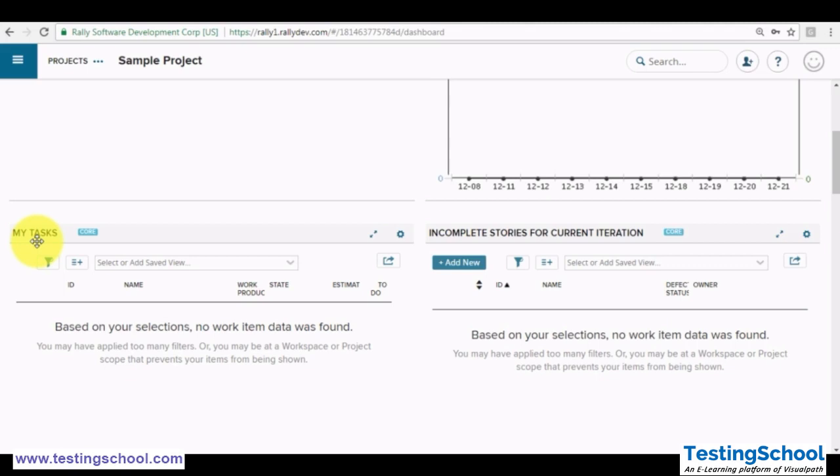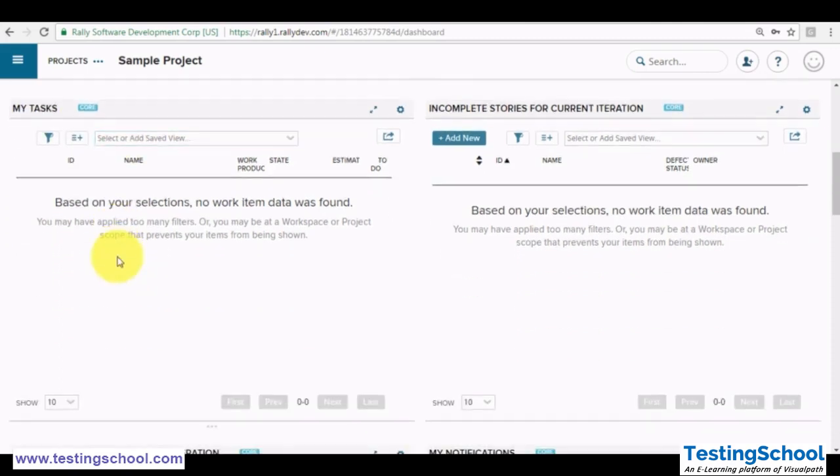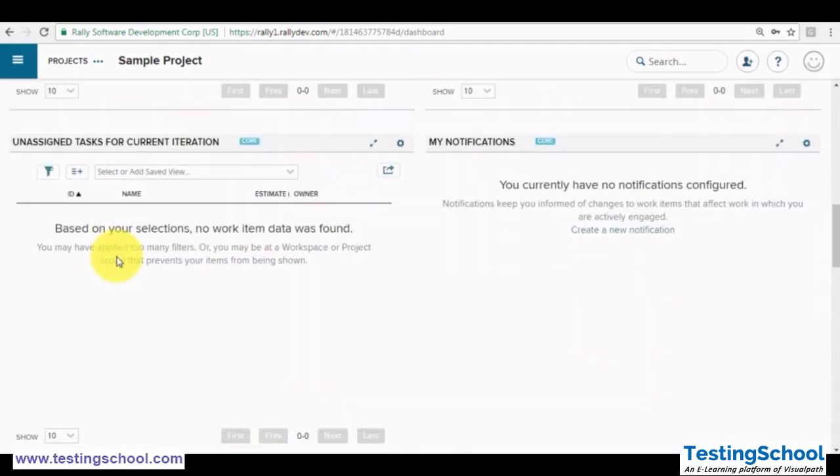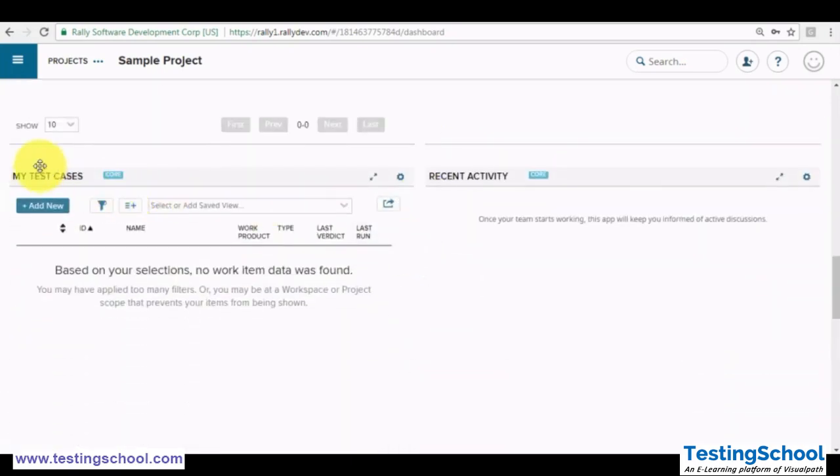In your company, in real time, once you log in, you get your own dashboard, with whatever user stories or tickets are assigned to you. And as you scroll down, you get the unassigned tasks for the current iteration, your notification section,